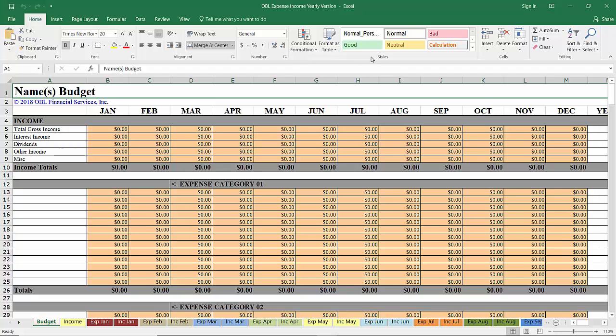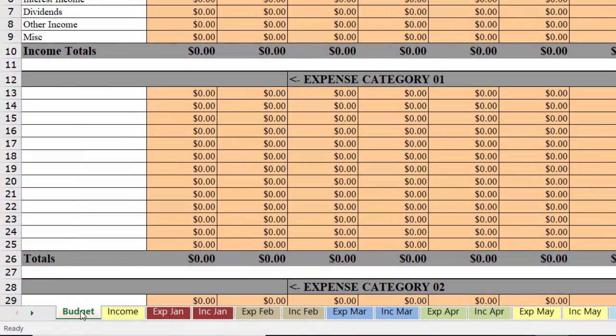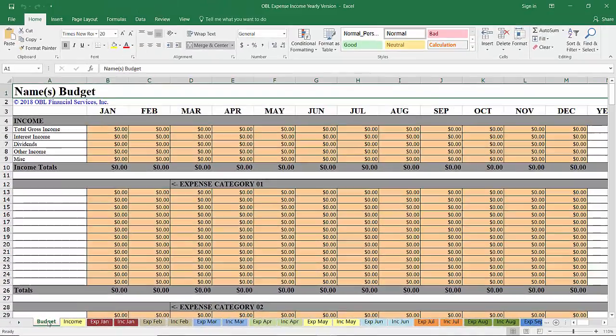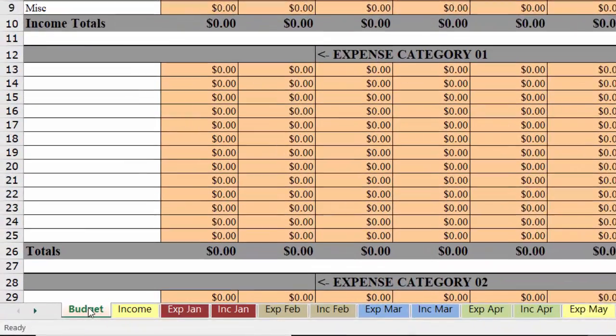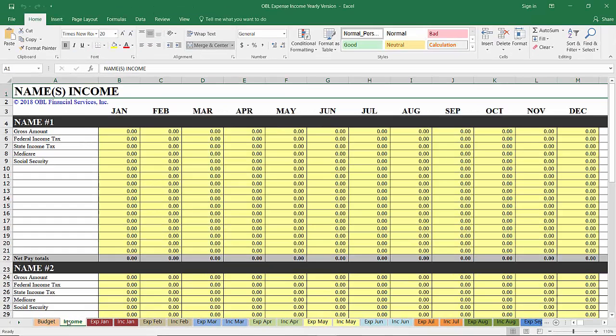Double-clicking to open in Excel, I want to draw your attention to the worksheets that make up this workbook. The first one, Budget, contains columns for every month and presents a full year budget view. Similarly, the next worksheet tab, Income, that I'm going to click on to select, offers a full calendar year view